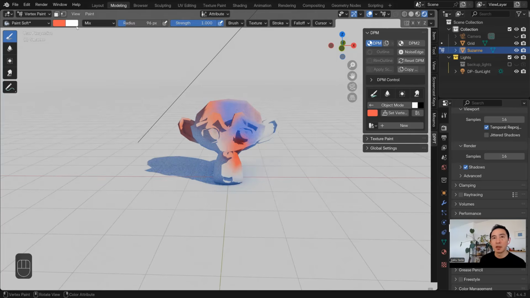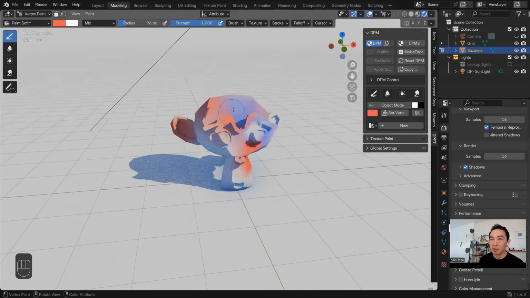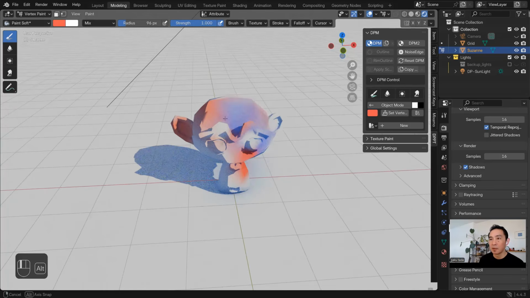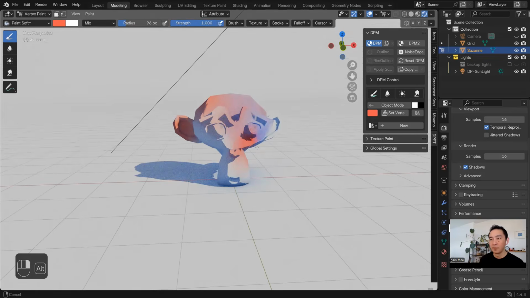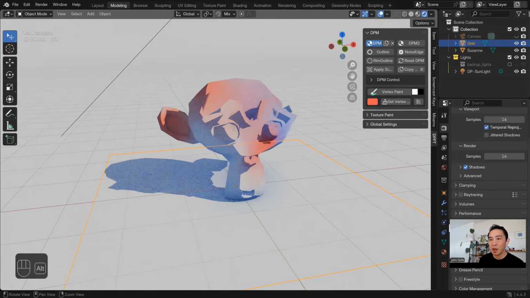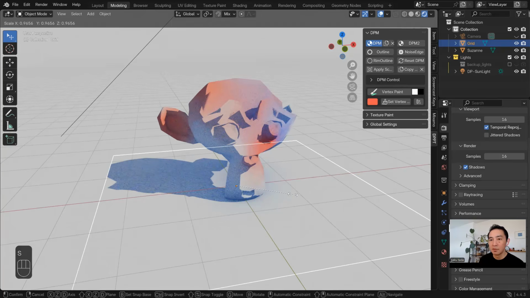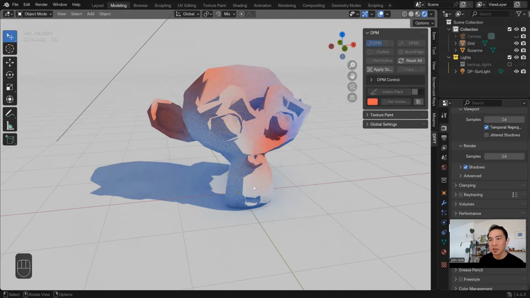And you have this secondary color set to white, and if you hold Control and then paint, that's going to paint white, and then again shift and make it soft. So that's how you paint vertex paint to the geometry, right? Oh, by the way, grain is based on the scale. So if you scale it, the grain also gets bigger. But if you hit the apply scale button here, that's going to set it to a default size.